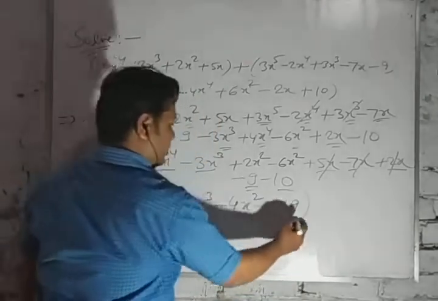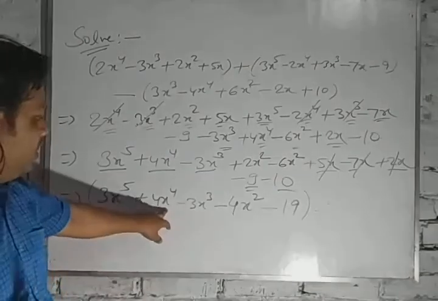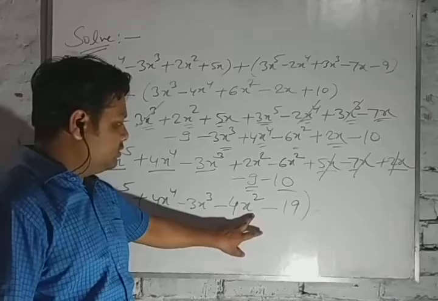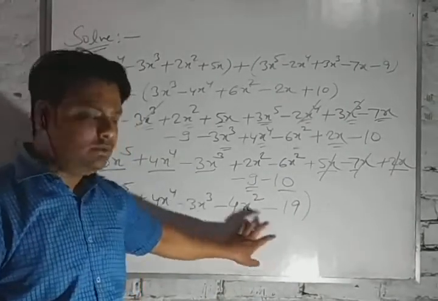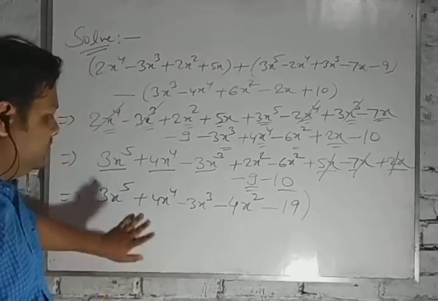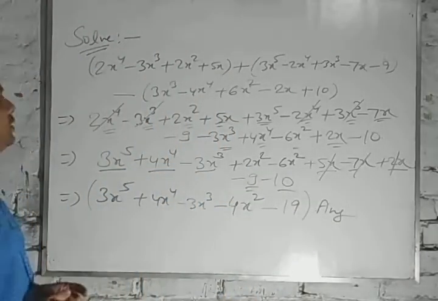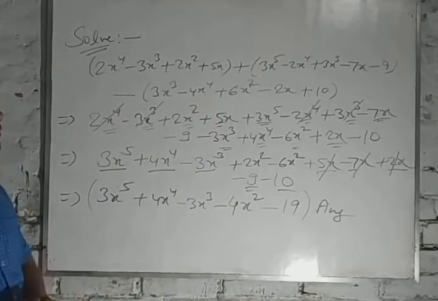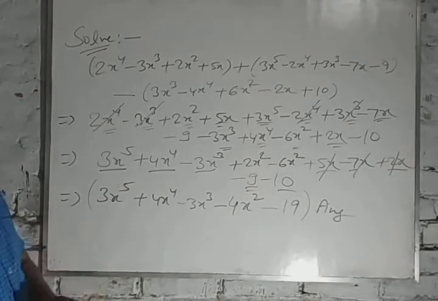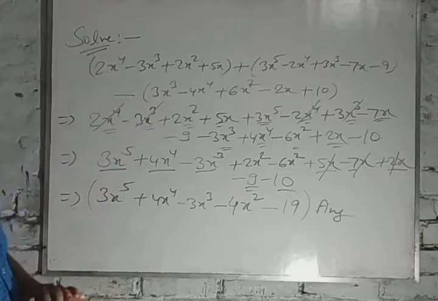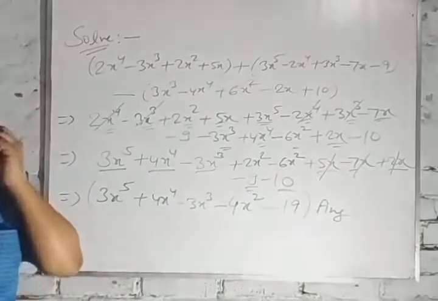So now at the last we can see that x to the power 5 only 1, x to the power 4 only 1, x to the power 3 only 1, x to the power 2 only 1, and it is a constant term. So these all are unlike terms. So now we cannot solve it. That is, this will be our answer. So I hope that you all have understood how we can solve more than 2 or 3 expressions, and if the sign will also change, then we can solve it like this. Okay dear, I hope you have understood.